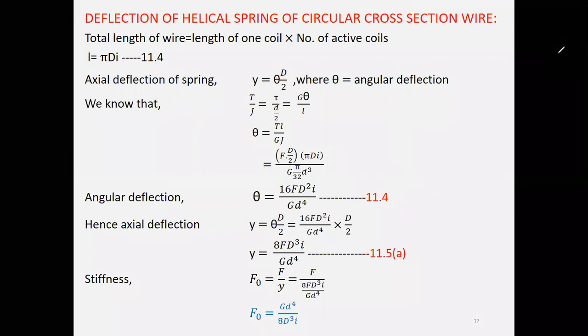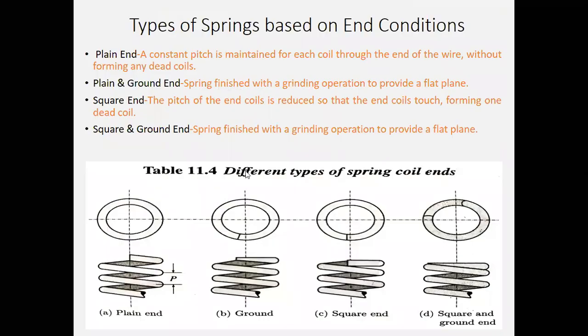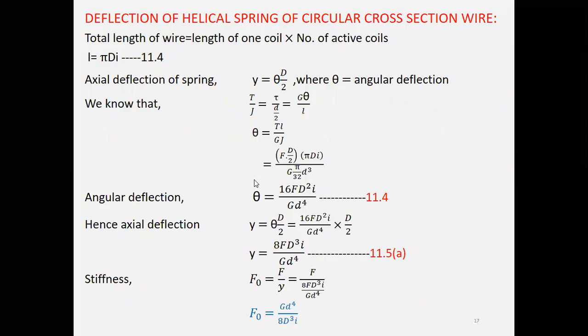If all of you understood this, in the next class I will tell you the 4 types of conditions, anti conditions. After that, I will take the procedure to design the spring. After that, we can solve the problem. One of your friends has asked the doubt, what do you mean by active spring and what do you mean by total number of springs? I will clarify that before starting the problem.